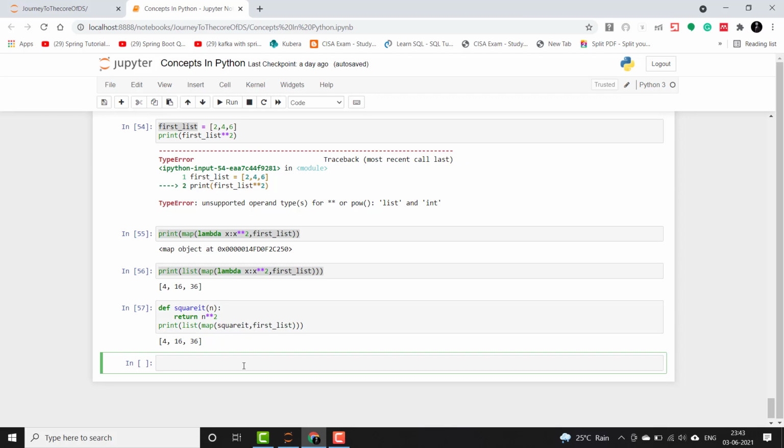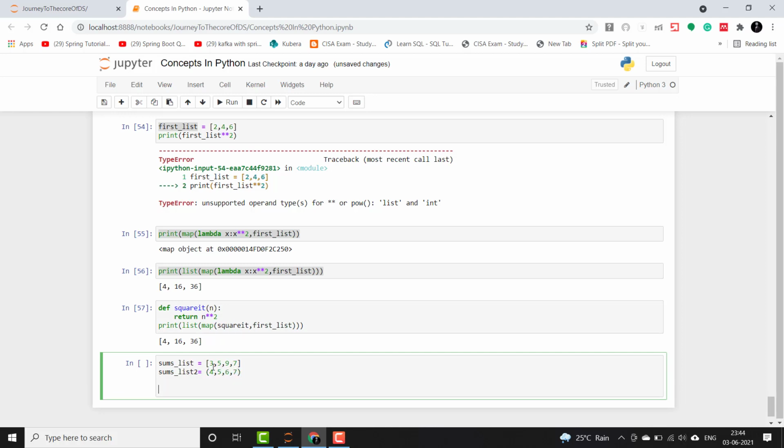Let's say sums list 1 is 3 5 9 7, and sums list 2 is 4 5 6 7. We have to do element wise addition, that is 3 plus 4 is 7, 5 plus 5 is 10, likewise.